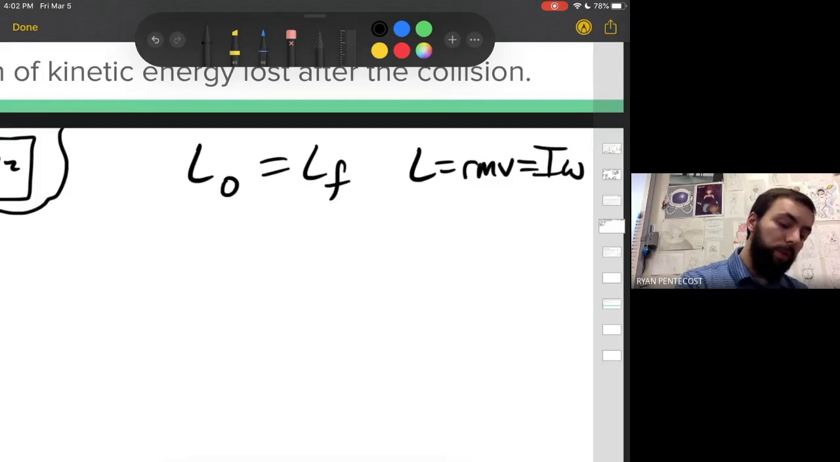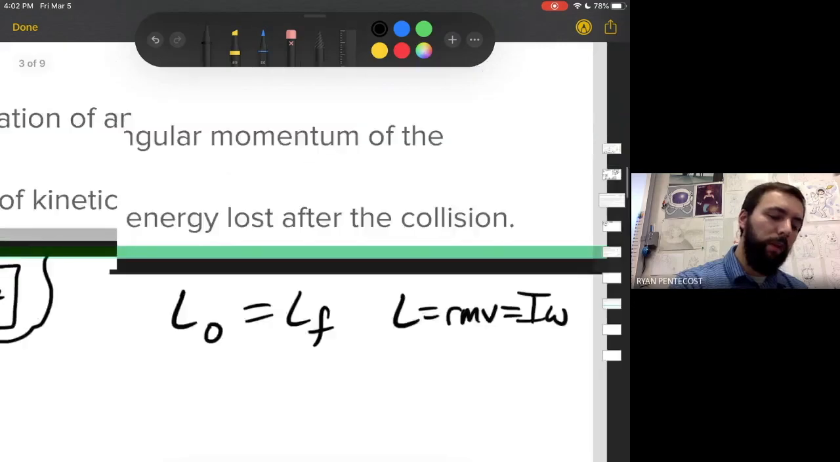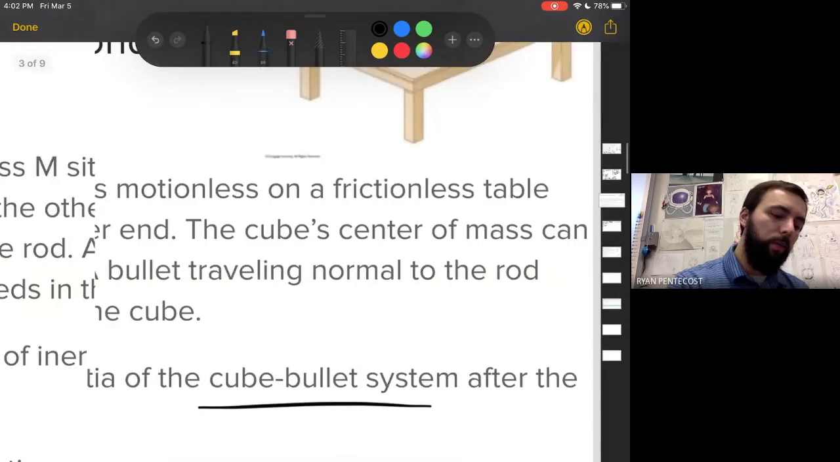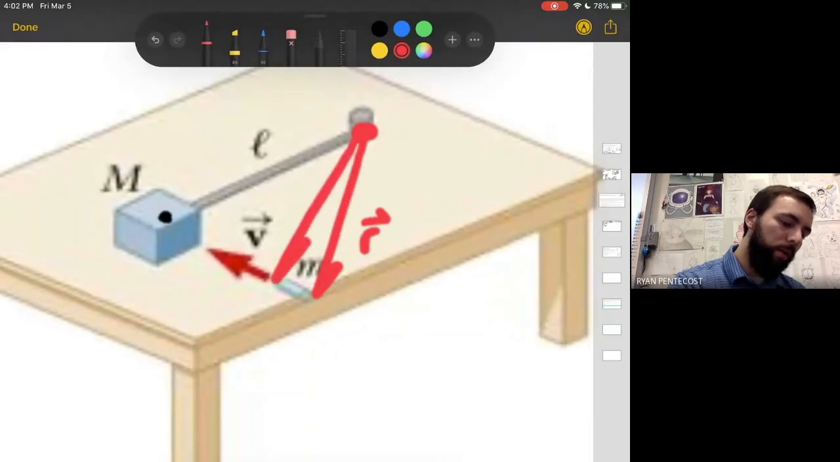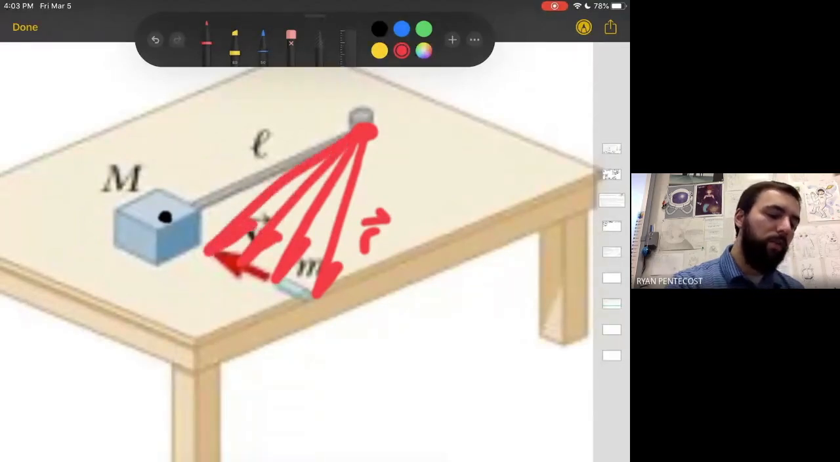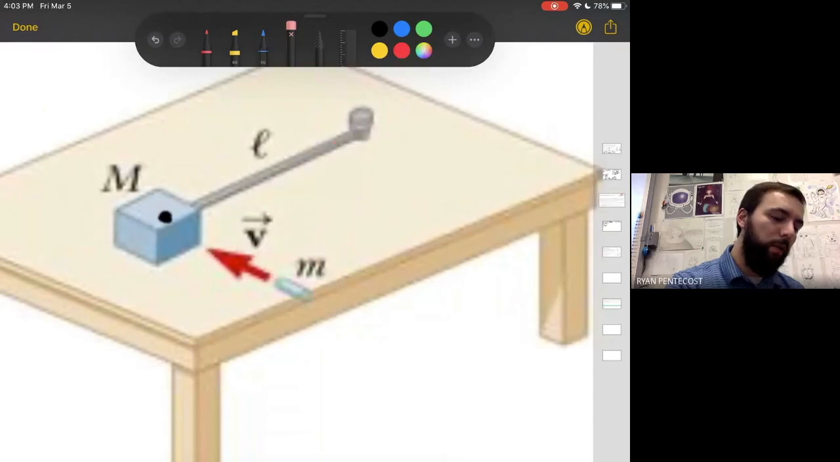So initially we just have the bullet moving, but the bullet is moving in a complicated way, right? Every second that it moves, the bullet is here. That's its radius. But now it has moved here. That's a new vector. And then it has moved here. That's a new vector. And then it has moved here. That's a new vector. So it's very complicated to narrow down what is that R value that we would use